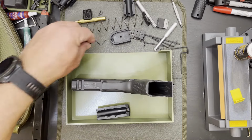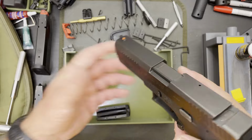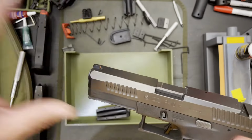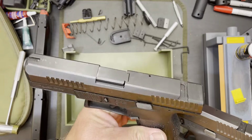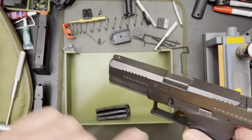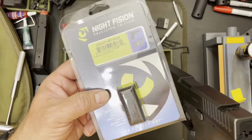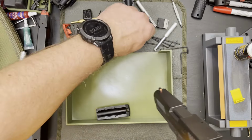So I decided to put on a high contrast pair, and I took a night vision front sight from one of my CZ P10 SC sets. I originally tried to take a Trijicon set off of this gun, and I ended up breaking the Trijicon front sight in the process, so that was a no-go. But I thought I would take the front sight off of a night vision set that I had laying around for a P10C build that will be coming up shortly, and then try